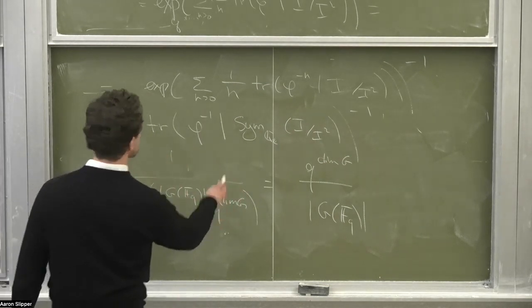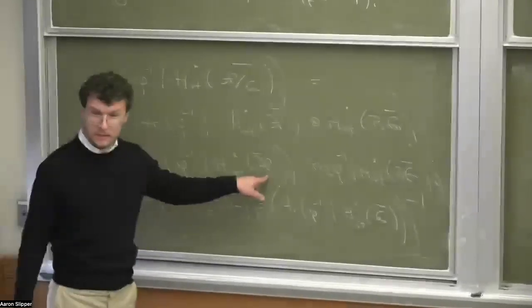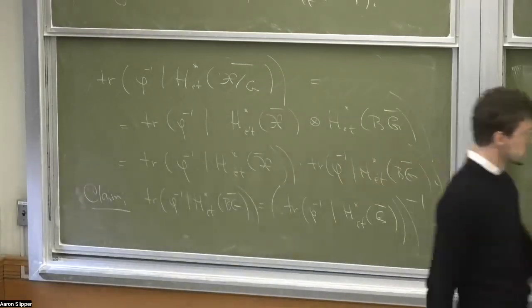So we have this formula for the trace of geometric Frobenius acting on the étale homology of BG. And we also assume that we know the Grothendieck-Lefschetz formula for this stack. So putting this all together,